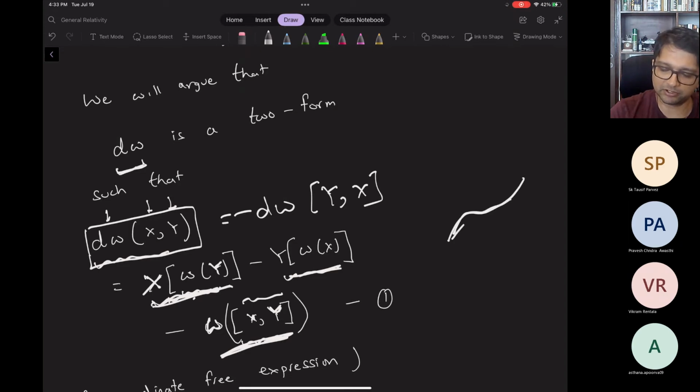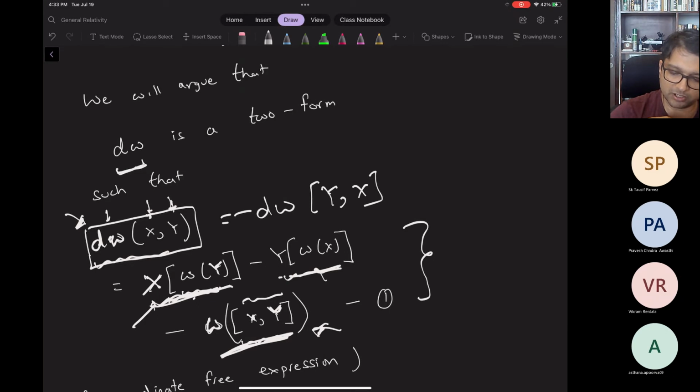That vector acting on a function is defined through curves and taking gradients along those curves. All of these notions are coordinate independent. So at least in this case, what we're arguing is that for a general X and Y, we're showing how, if I supply these two X and Y as inputs to d omega, I can think of that operation as a different kind of operation involving X acting on omega acting on Y, minus Y acting on omega acting on X, minus omega acting on the Lie bracket of X and Y, where all of these are coordinate independent